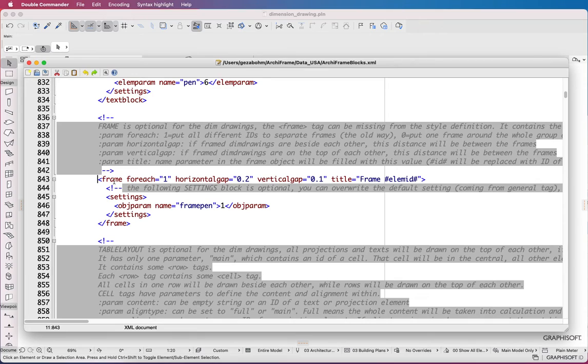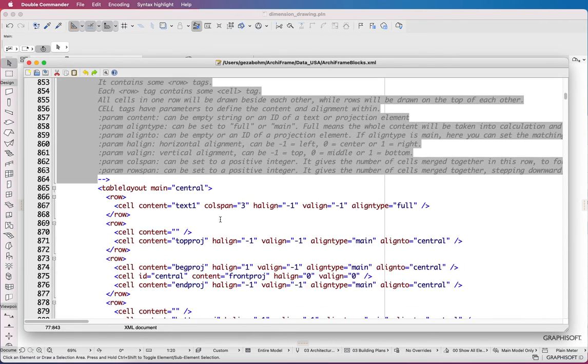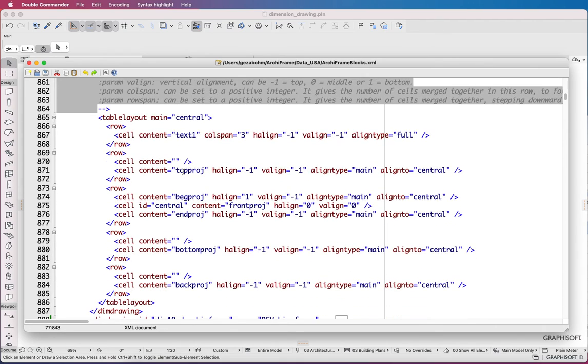The frame is optional and it has only a few parameters. Beside the size and the positioning, there is the color, and also the title is editable. At the end, we have the table layout.